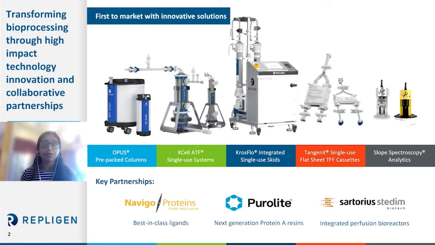I'd like to start off with a brief history about Repligen. Repligen was founded on manufacturing the protein A ligand. From this, we have expanded our portfolio to provide solutions for multiple bioprocess steps. Just to name a few, the XLATF for upstream processing, CrossFlow integrated single-use TFF systems for downstream processing, hollow fibers and tangenic single-use cassettes for downstream processing, and the Solo VPE for protein concentration analysis. Today, the talk will be focused on the downstream systems.